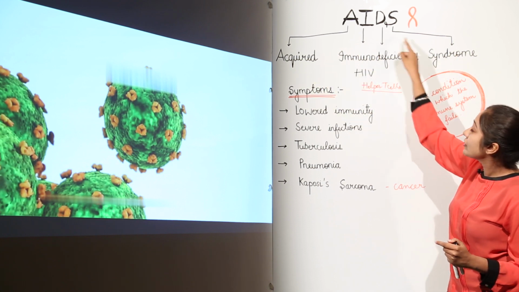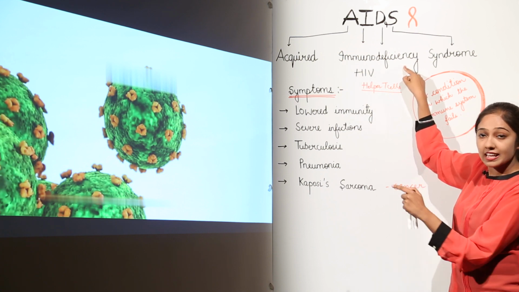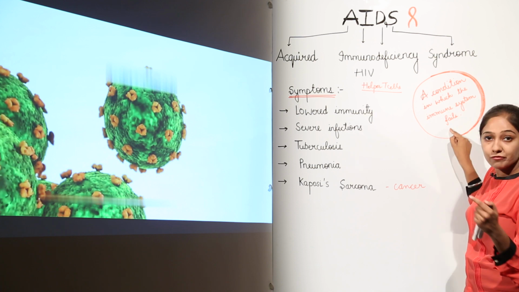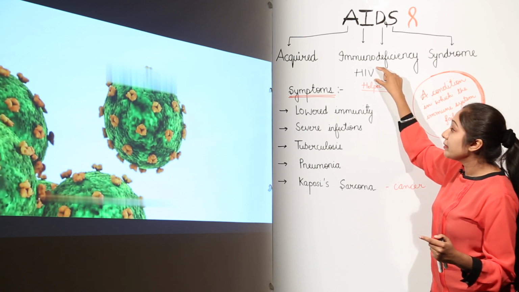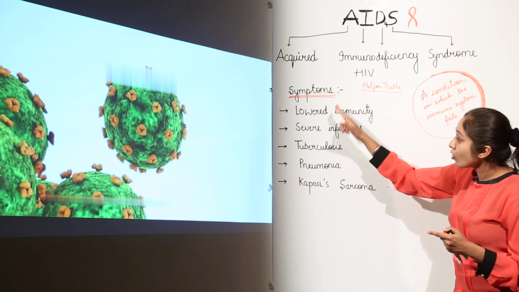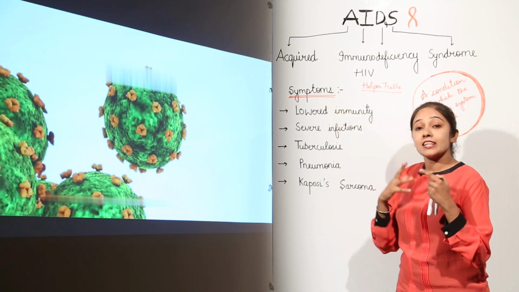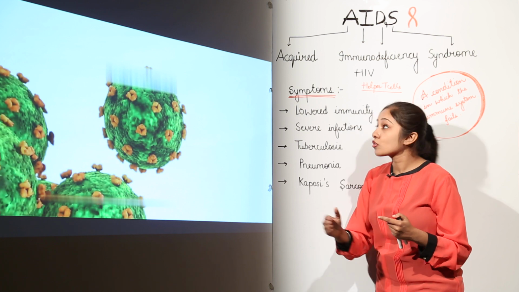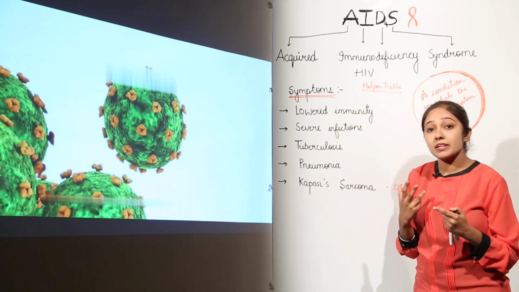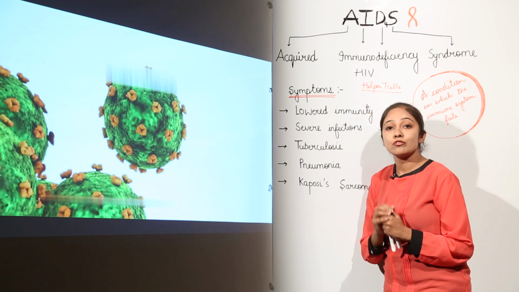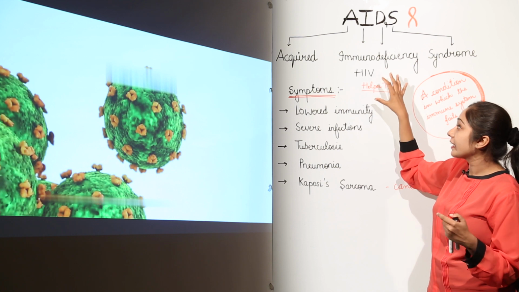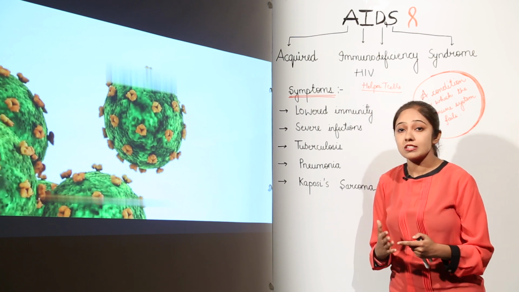Remember that immunodeficiency syndrome conveys that AIDS is a condition in which the immune system fails. Now your body may be infected by HIV, but you won't be able to see the symptoms of AIDS instantly. It can also be seen after 10 years of HIV infection. So there is a certain defense mechanism in your body which is going to fight certain infectious agents, and that defense system is the immune system of your body.